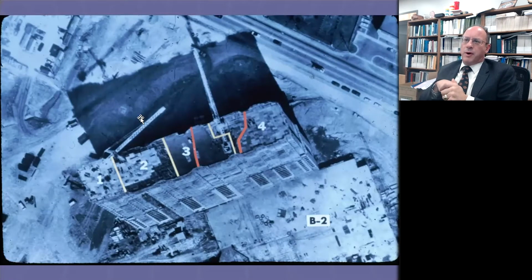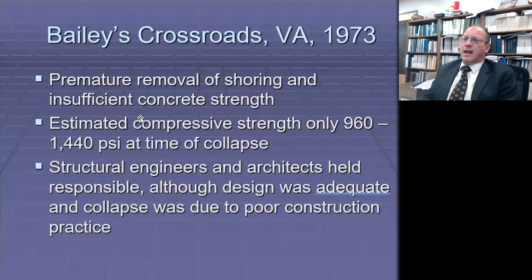In fact, what the investigation showed is it was the building collapsing out from under the crane that brought the crane down. The NBS found that it was premature removal of shoring and insufficient concrete strength, estimated only about 1,000, 1,500 PSI. What is kind of scary from a structural engineering standpoint is that anytime there is a failure, and particularly with loss of life,